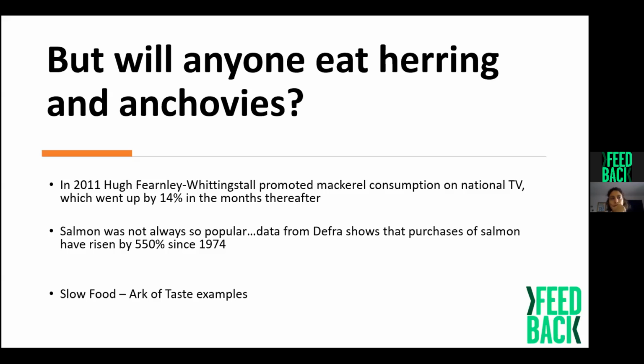And people think that's mainly down to this marketing of it as a clean fish with a lot of omega-3. And then in the Slow Food Ark of Taste as well, there are a lot of examples. I was looking, there's carrageen moss from Ireland, which is a seaweed that would give you some of those nutrients. There's, I think it was kejak, dried fish from Senegal. So there's a lot of things that we've historically eaten that maybe we don't eat anymore,